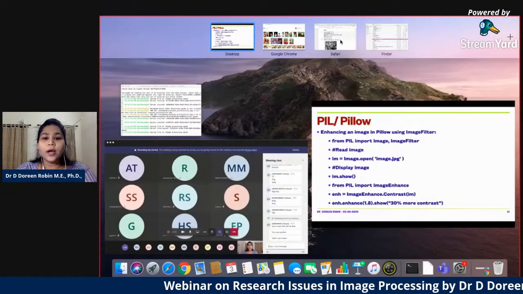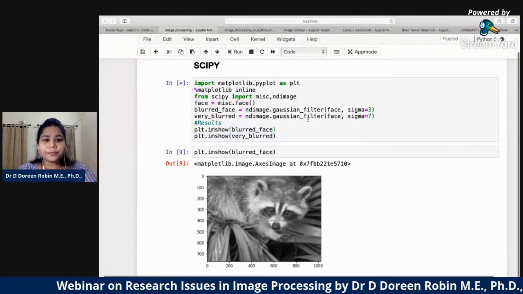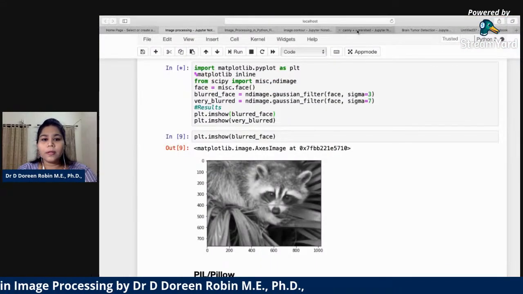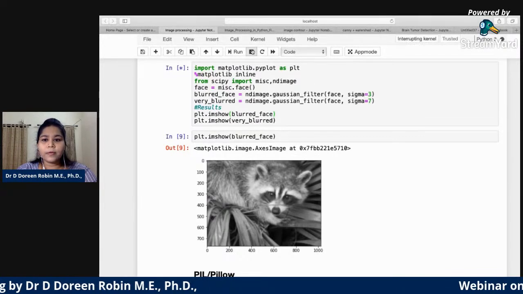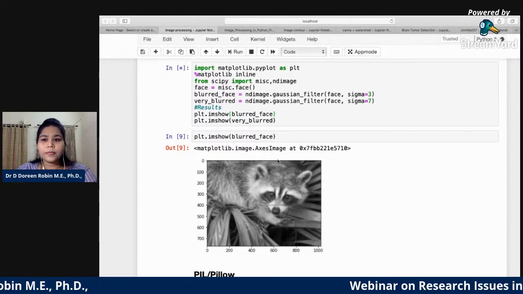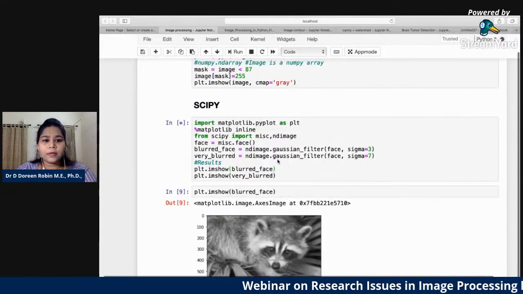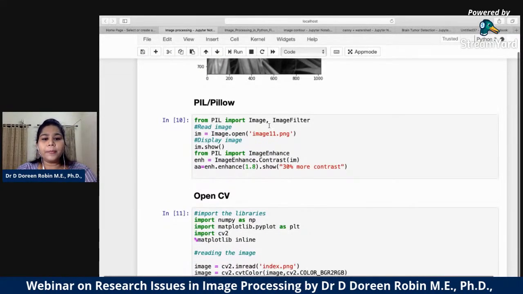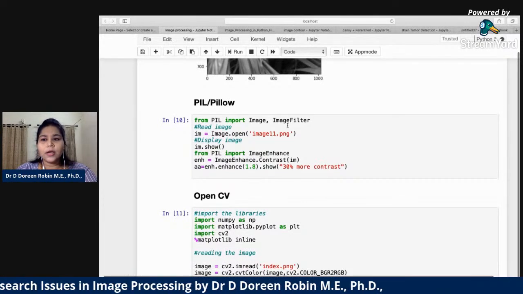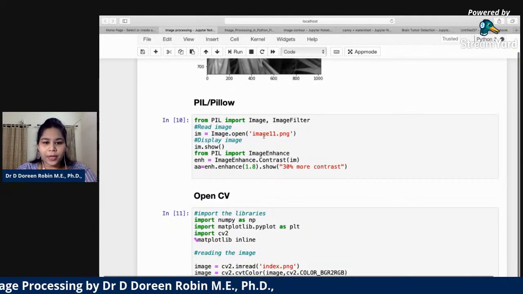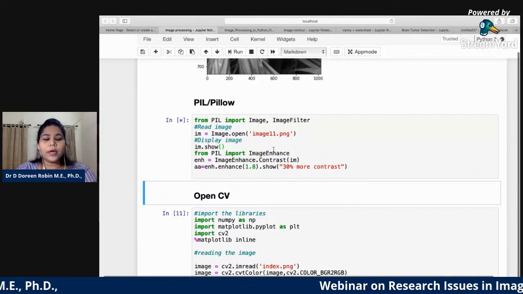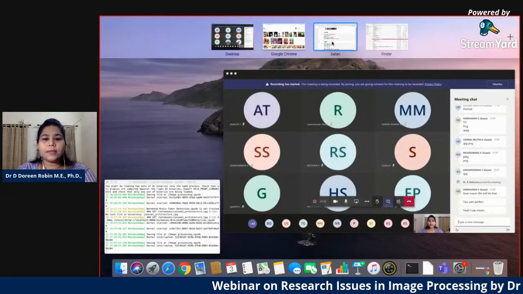Now I'll show you the demo of PIL. From PIL, I'm importing ImageFilter. So I'm opening this image and trying to show the image to you. It will show me an enhanced image.